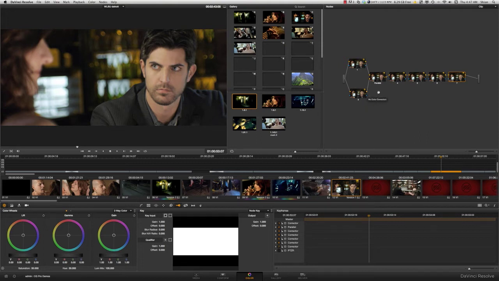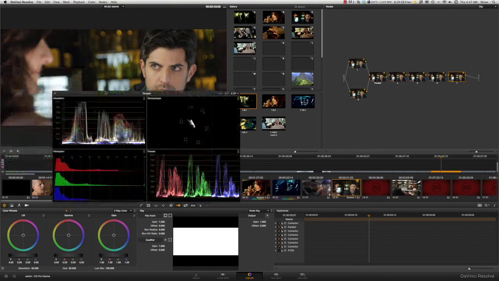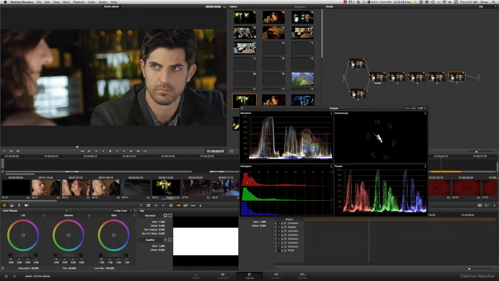ColorGear is very precise; each gear is a very precise grade. And by that I mean there's a set of operations. Sometimes there's one operation, sometimes there's 4 or 5, up to like 12 operations inside of each gear. And those operations are performed in such a way that the histogram, if we were to go to the scopes here, remains even across the board. You can see that I've got a full highlight reading, a full shadow reading. This is a very dark scene, so obviously everything is weighted into the shadows. But your histogram remains even across the board, which means I have information in my shadows, midtones, and highlights